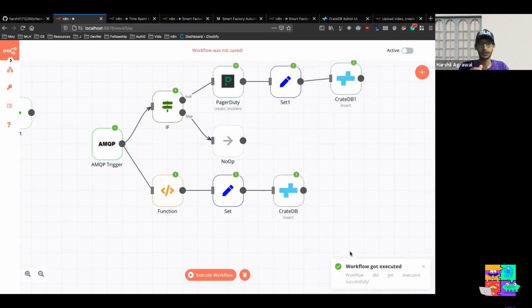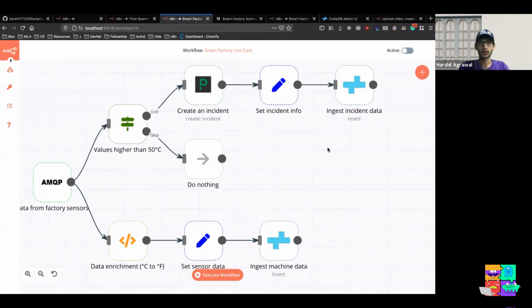And you see the workflow got executed successfully. So this is how you can create workflows in n8n, and this is how n8n can be used in the industry. This is one of the examples of how you can do that. So I already have this. If I set this to active,